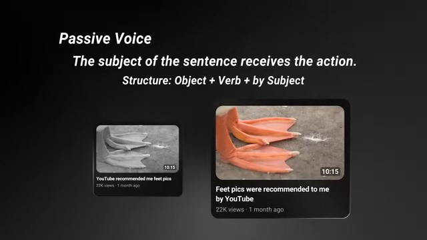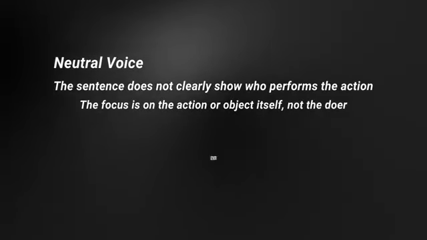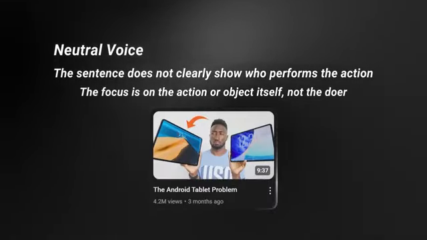And to really bring home what that looks like, there are some examples on screen you can pause and look over. And lastly, we have neutral, which is any line of text that doesn't have a clear verb or action structure. But does all this even matter? Well, it seems like the answer is a resounding yes.